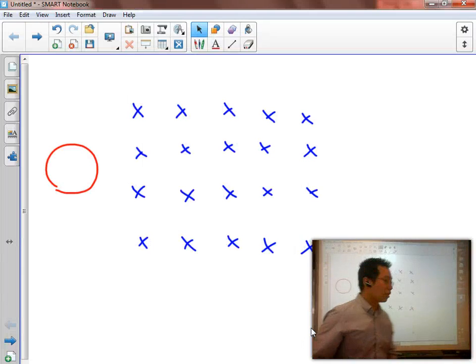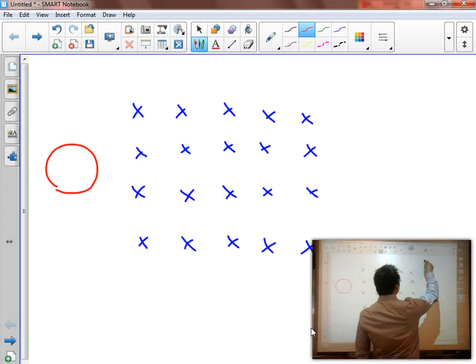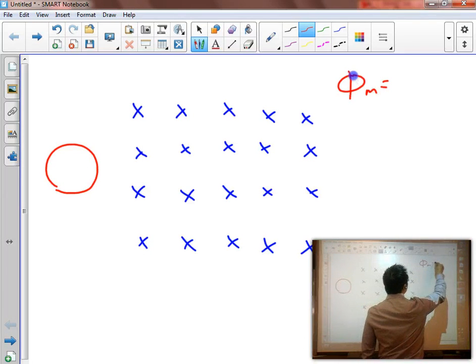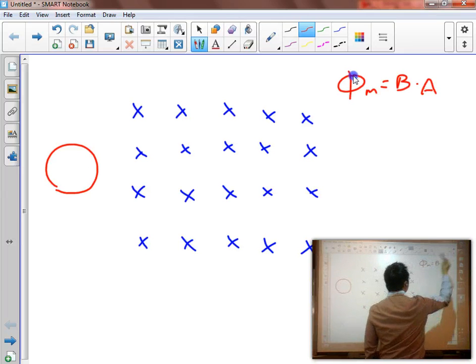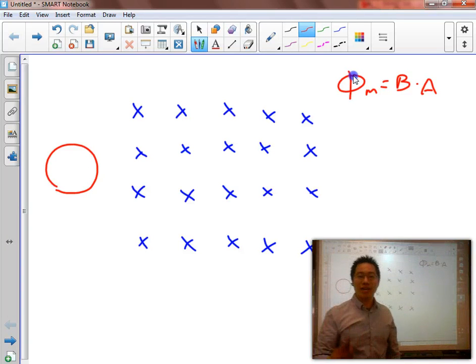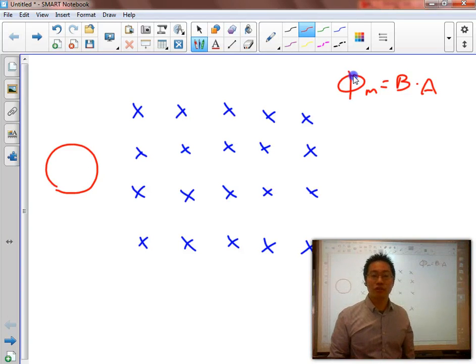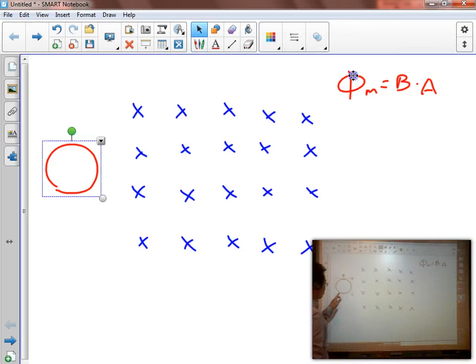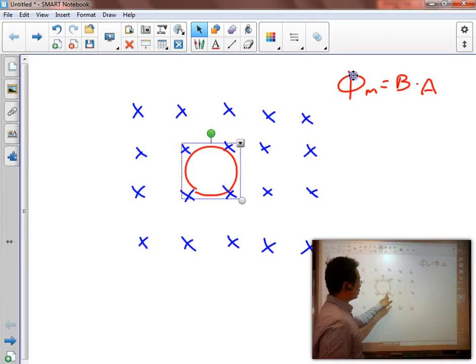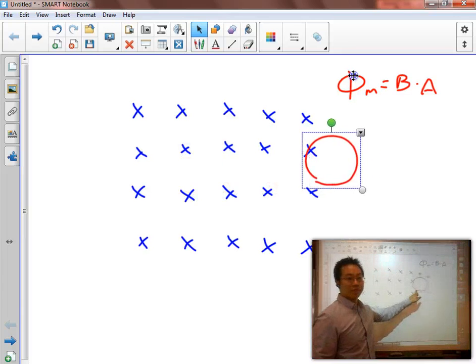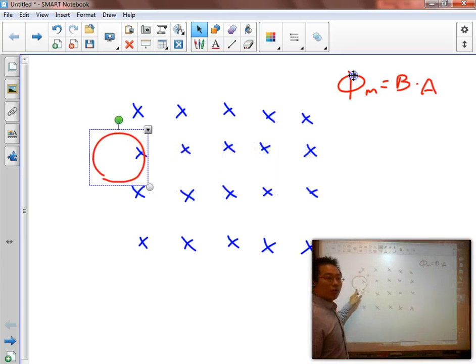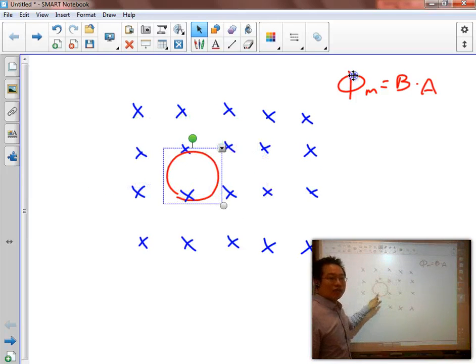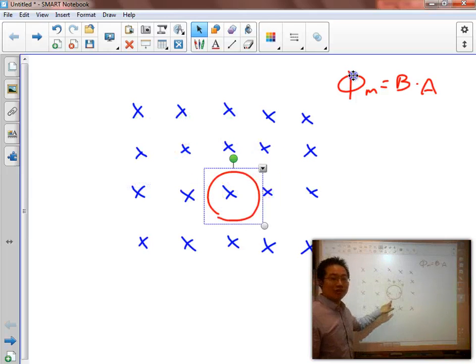But if you remember, our formula for flux was actually magnetic field times the area. So besides changing the strength of the magnetic field, you could also change how much area is exposed to the magnetic field itself. So for example over here, if I took this loop and I were just to move it around, when it's moving around inside,